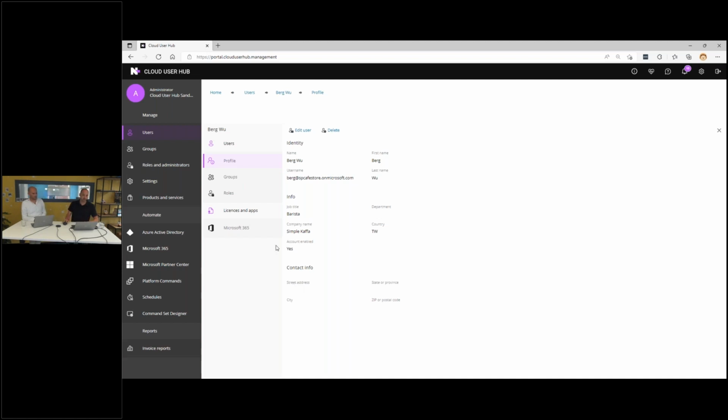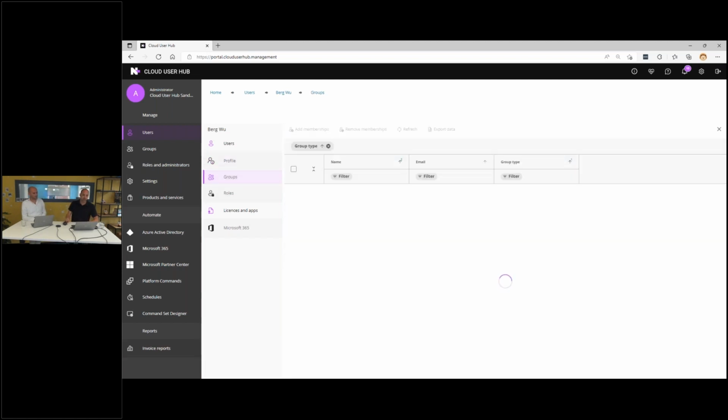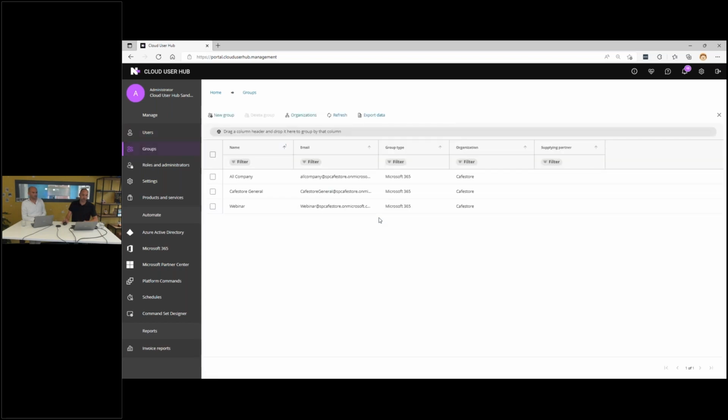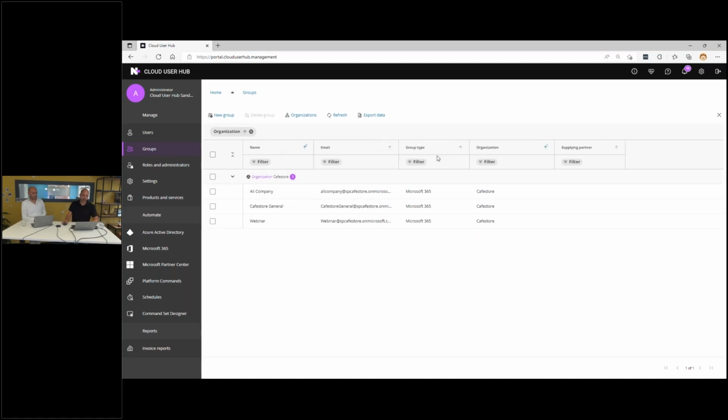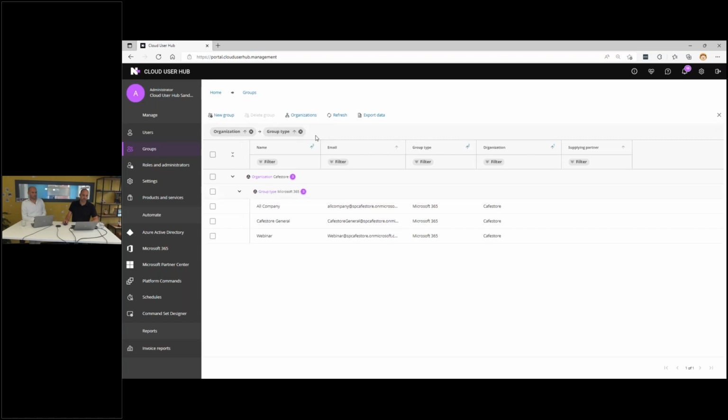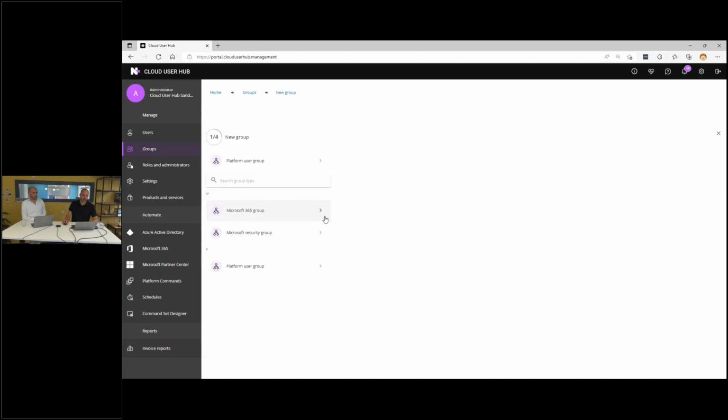And the same applies for groups, for example. So we can manage Microsoft 365 groups, security groups, but we also have our own internal groups set up. And also with the groups, you would see that principle of having multiple group types, for example. So now I can still do this. I only have one organization, but I'm still going to show you how that should work. There you go. Now let's create a group. This is all Microsoft 365. Now let's create a group directly into Graph, and let's choose security group.